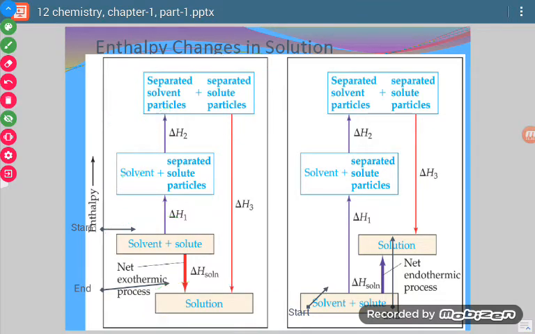Okay, now if we see, the energy of solvent plus solute was at this level, the solution energy is at this level. The total energy of the solution is less, the total energy of this mixture was more. So there is a negative value of delta H. It means there is release of energy and the process will be termed exothermic. Similarly, for this case, when the total energy of solvent plus solute is less and the total energy of solution is more, then some energy will be required and this process will be termed endothermic.